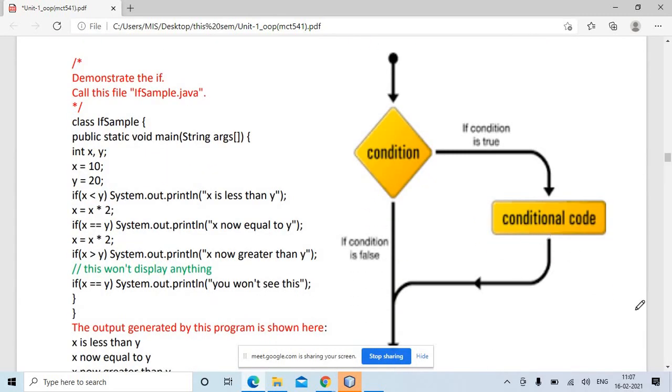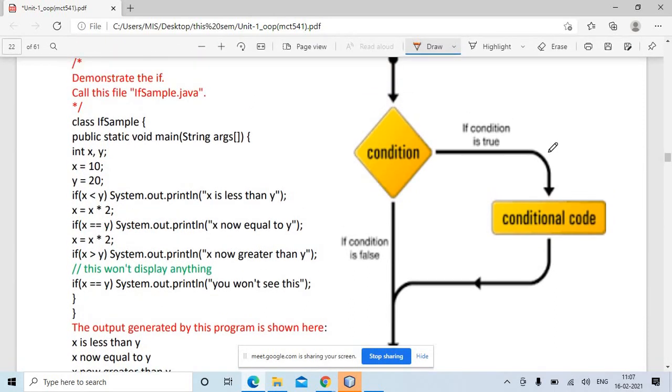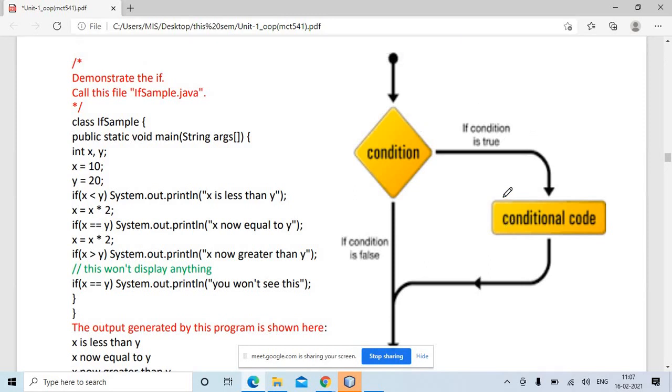Now just to briefly revise, this is not in your syllabus, just to briefly revise how the if condition works in C or C++. You might have studied this. So if is basically used to take a decision, whether it is correct or not, whether to go right or whether to go left, this kind of decision.